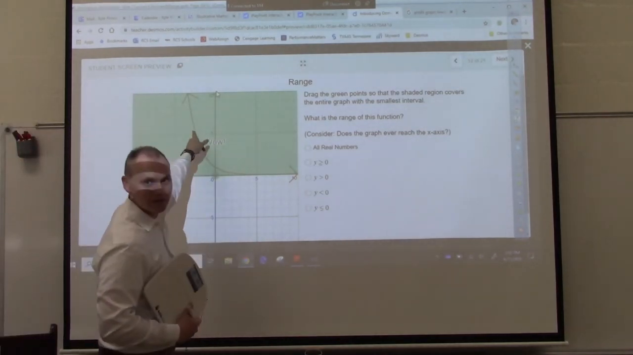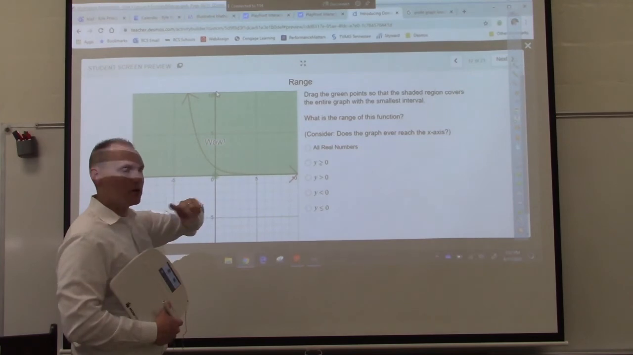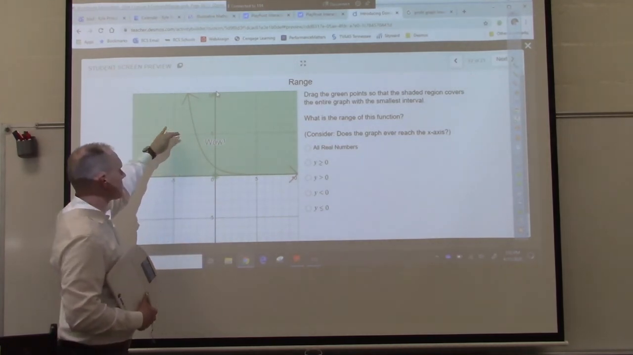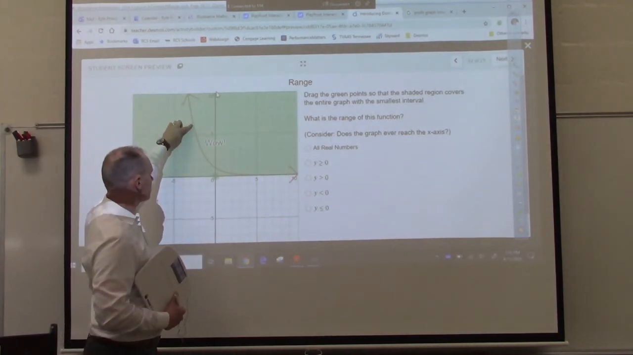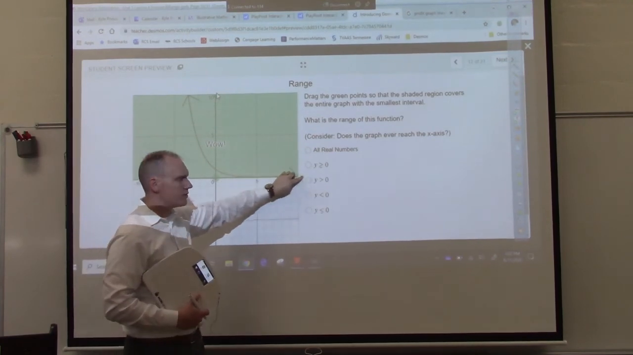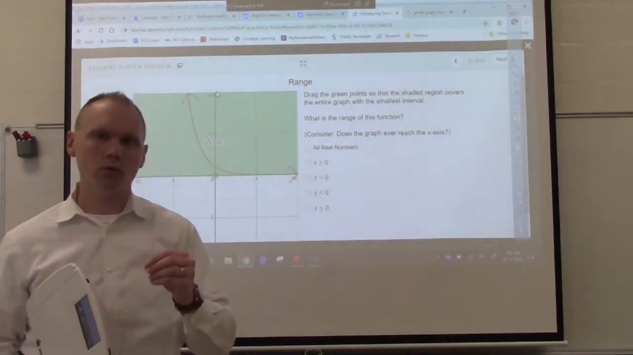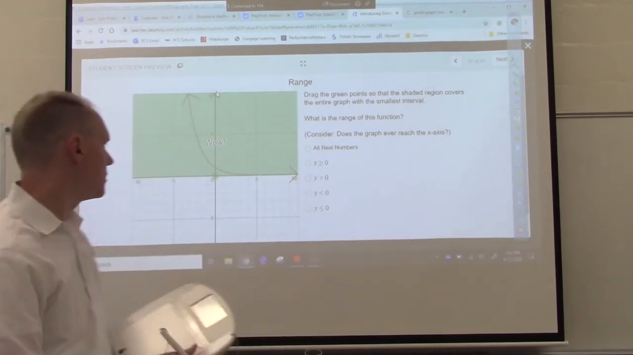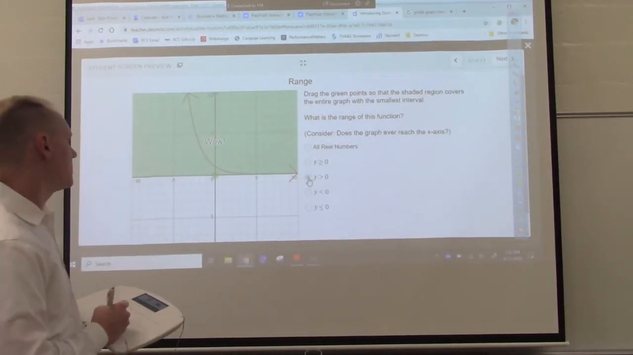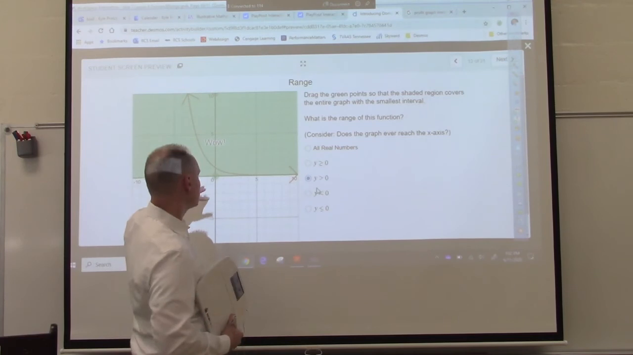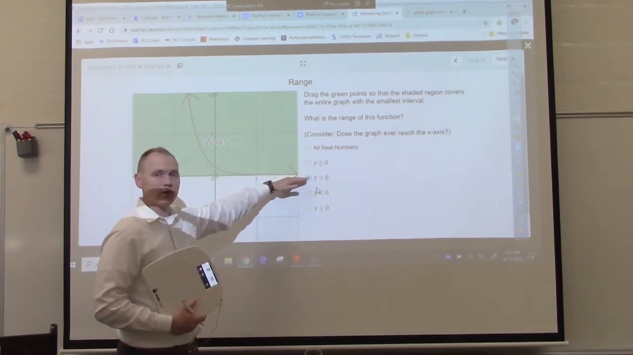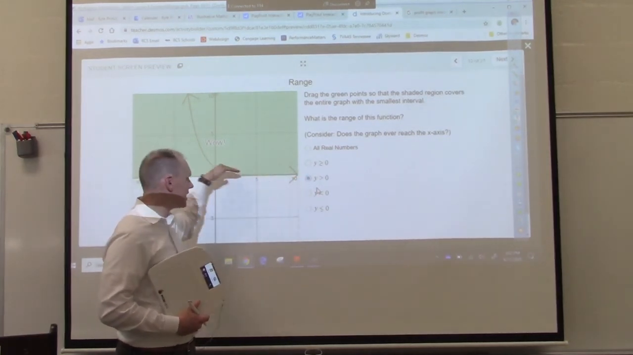By the way, this is an exponential decay function. Bring that back up again. It's going to get really close to 0, but never actually touch it. So we're going to say y is greater than 0. It doesn't actually touch it. If it touched it, we could say y is greater than or equal to 0, but it doesn't actually